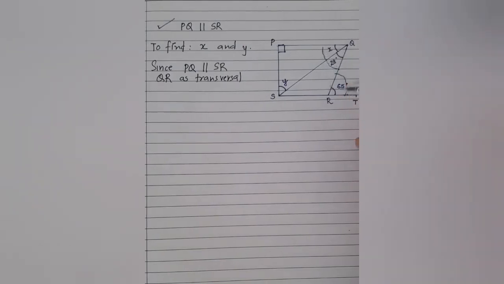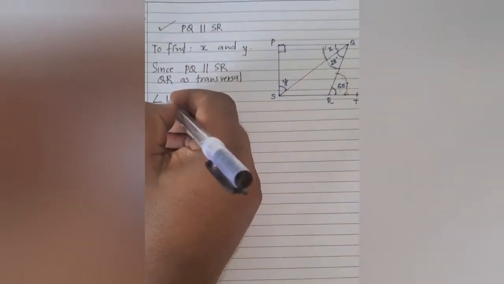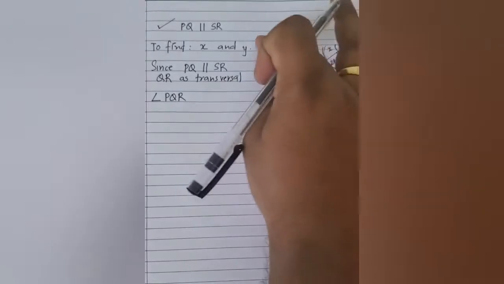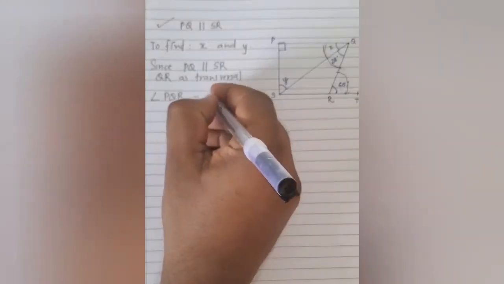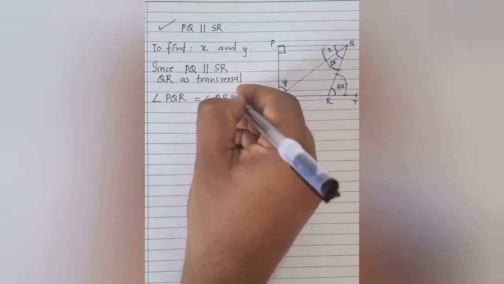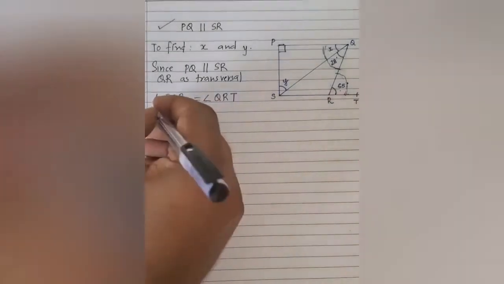What's the reason? Interior alternate angles. So I can say that angle PQR, that is this whole angle, will be equal to angle QRT. And angle PQR can be written as x plus 28